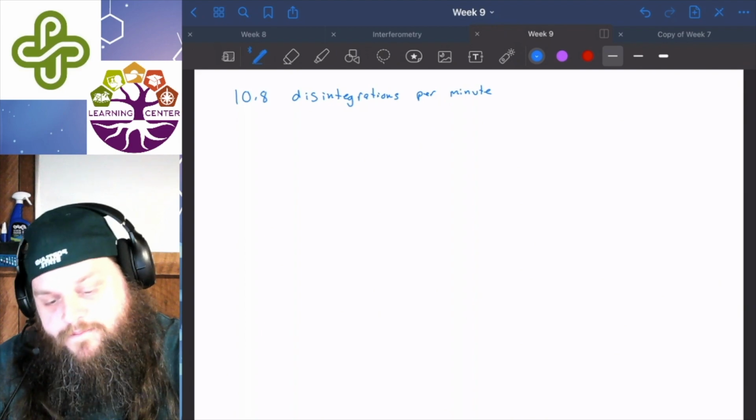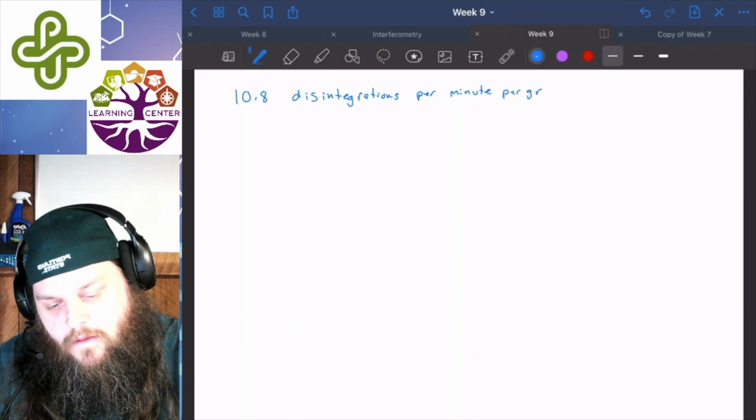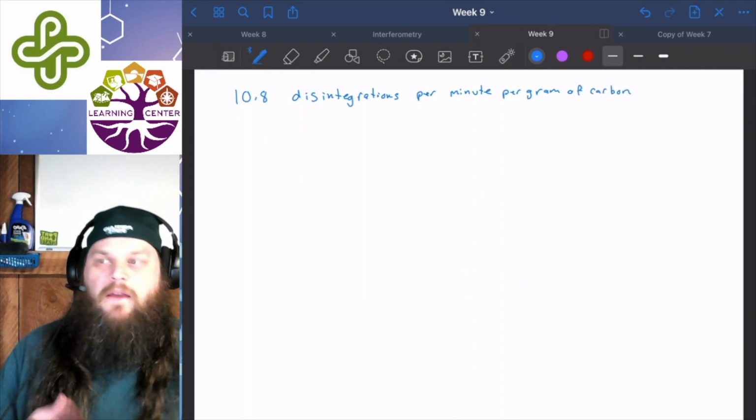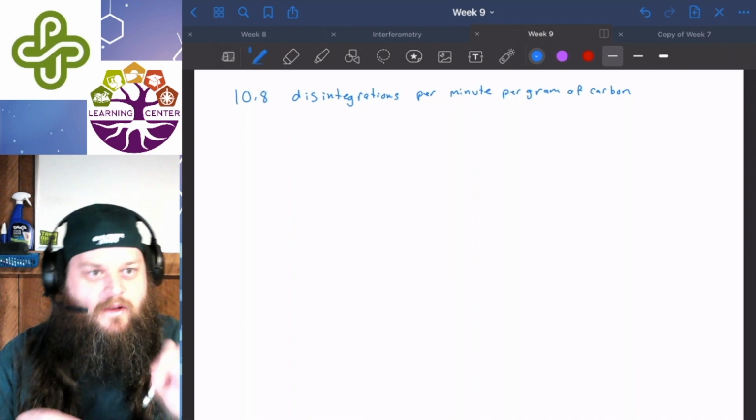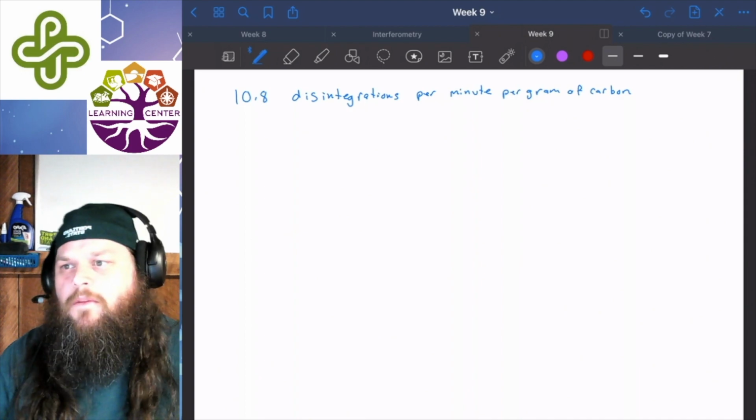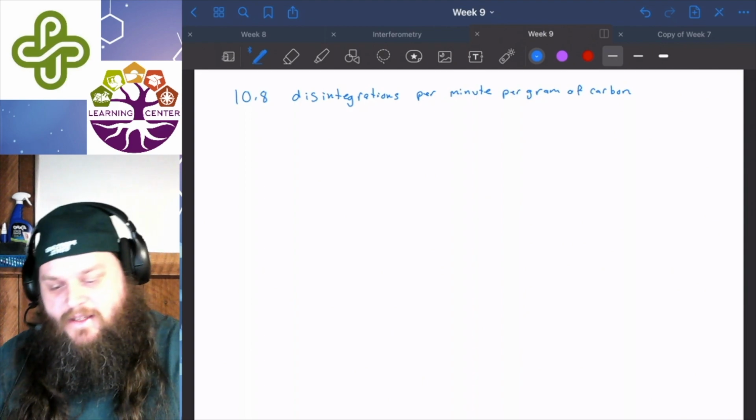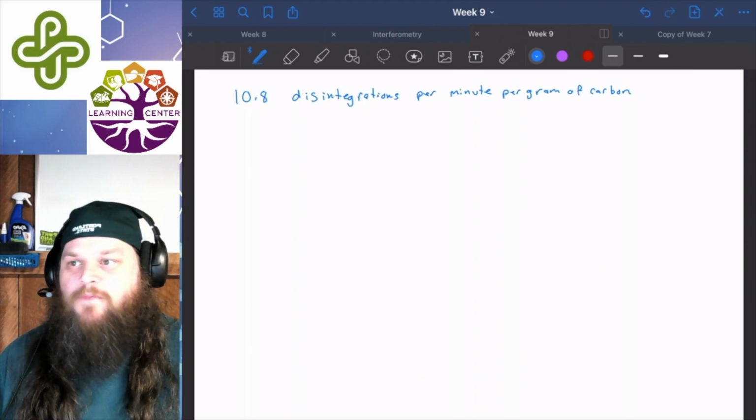Per gram of carbon. This is what we have today. We have this in our hands, well, in a laboratory, in little tweezers, keeping it very safe because it's probably fairly fragile. But we have that today, and we can test to see that it's 10.8 disintegrations per minute per